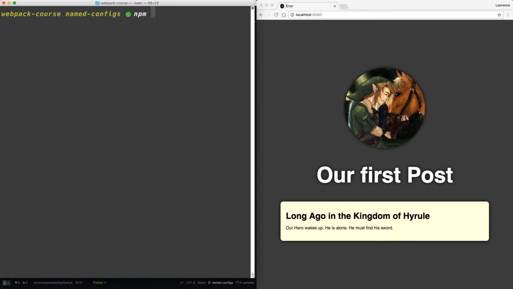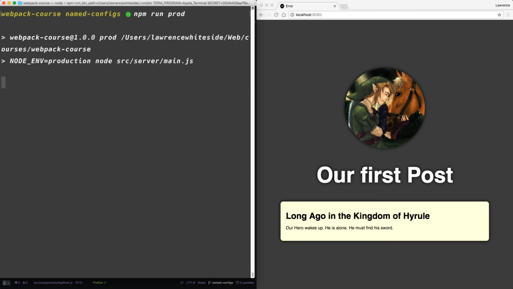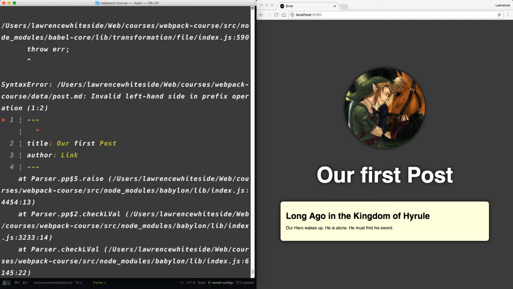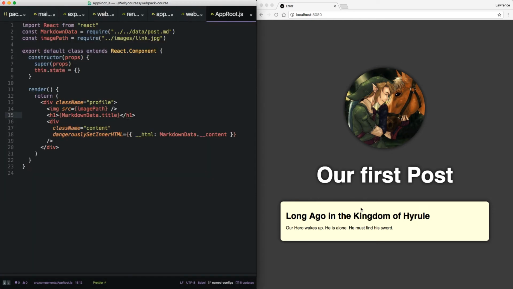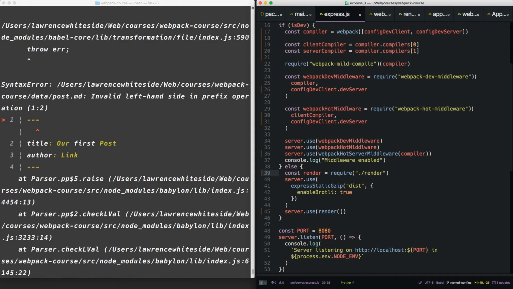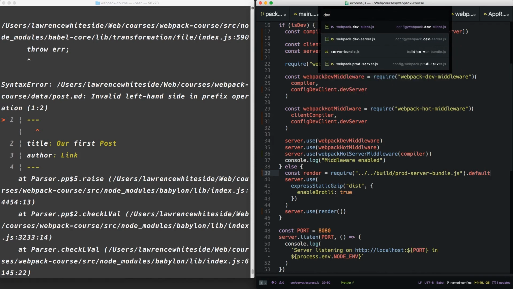Let's exit out. Let's npm run prod. All right, so it's getting our pre-rendered function, which is not what we want. Let's get into the prod file. Inside express.js, we're requiring render, which is the entry file. We should require the output. So the output is over in build, and it's going to be called prod server bundle. Now let's grab that